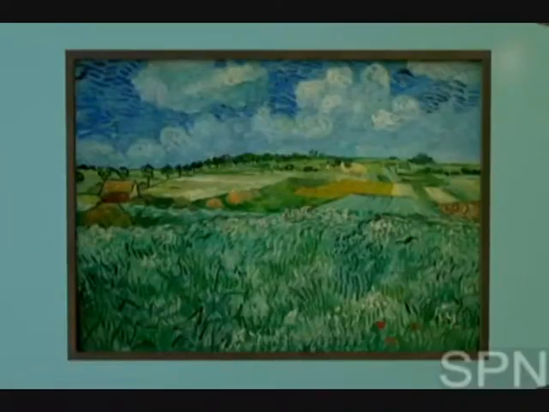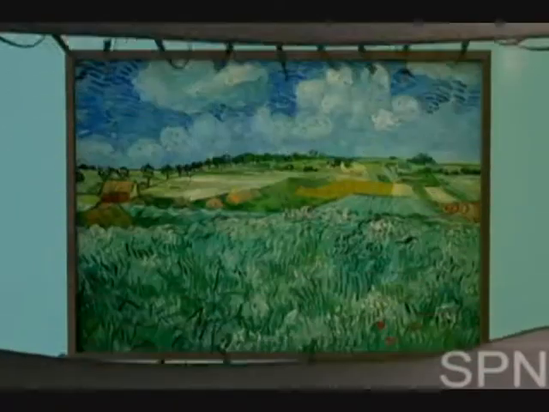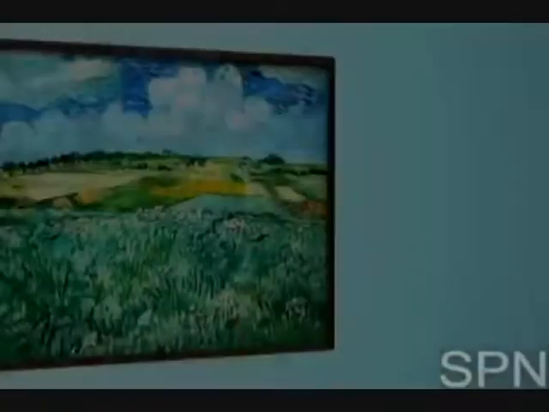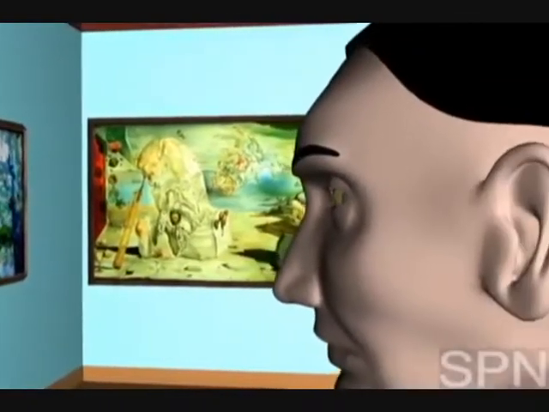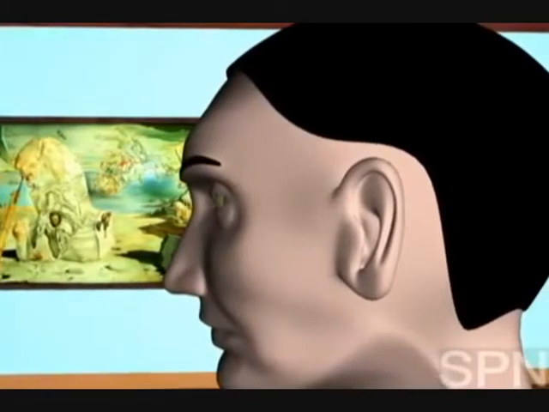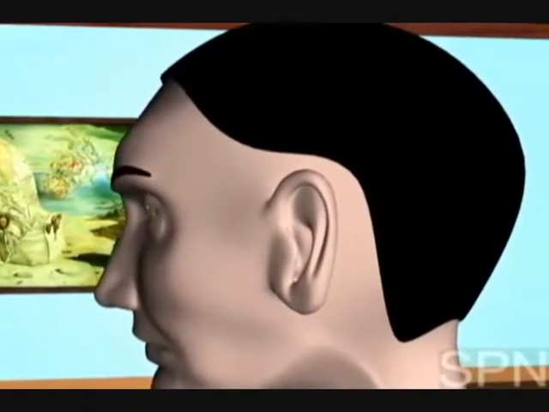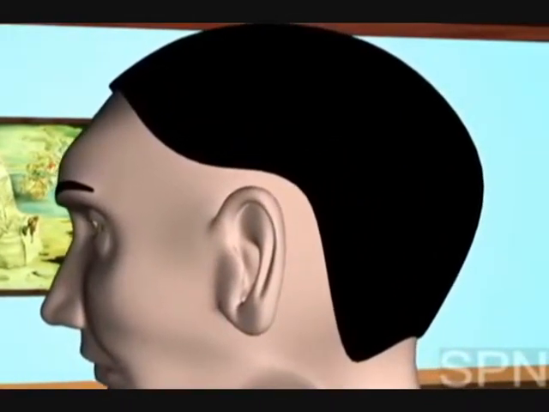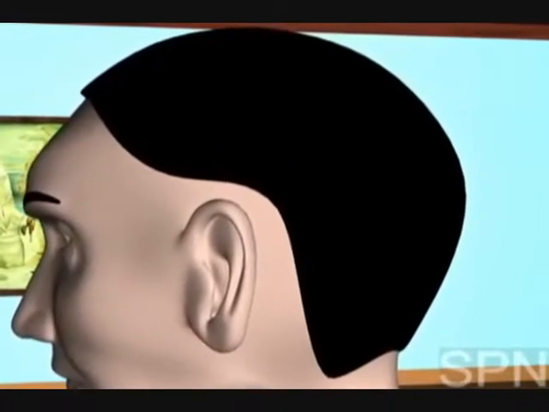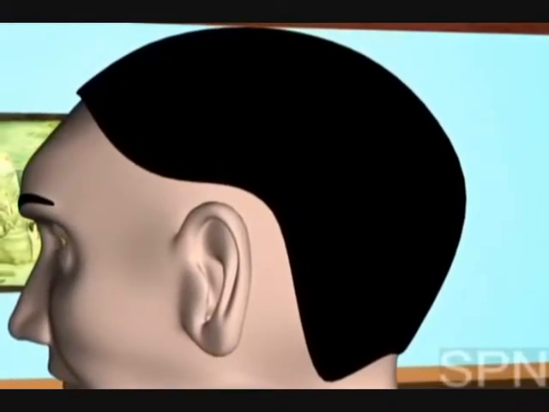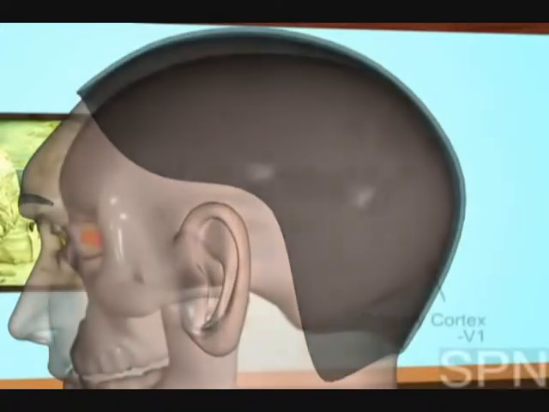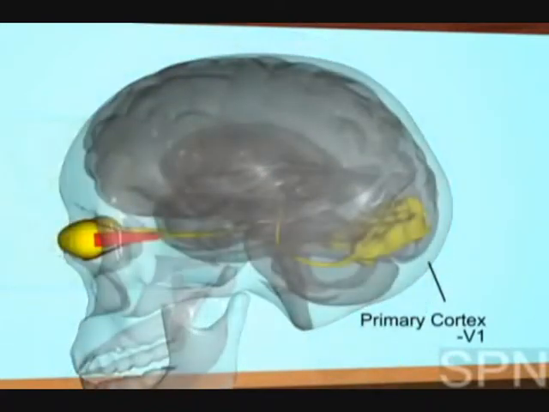Humans depend primarily on vision for orientation in the world that surrounds them. While image formation is a phenomenon that takes place in the eye, the interpretation of the image as a representation of the real world occurs in the brain. Direct visual signals arrive into the primary cortex called the V1 region, which is located in the occipital region of